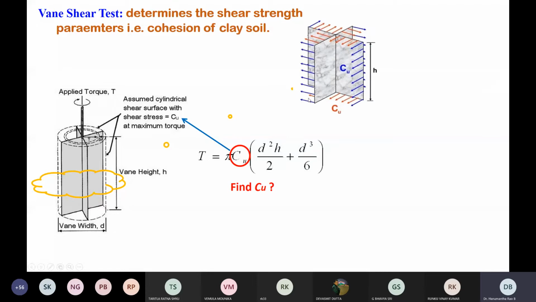This is how the soil offers resistance. Suppose you take the free body diagram of each blade, all along the periphery of each blade side the soil offers resistance. The sides cut the soil sample and thereby measure the shear strength of the soil, in the form of Cu. Now here in this case also, what we will get is undrained cohesion. Why? When you conduct any vane shear test, here also we will not allow any water to expel out from the soil sample.